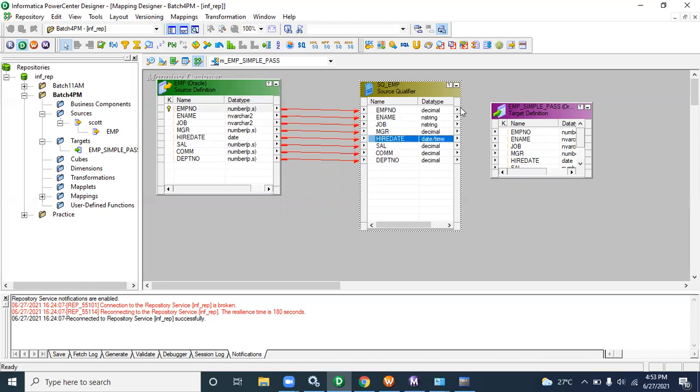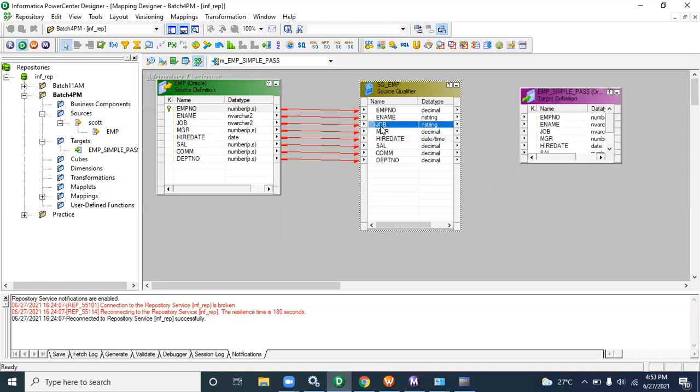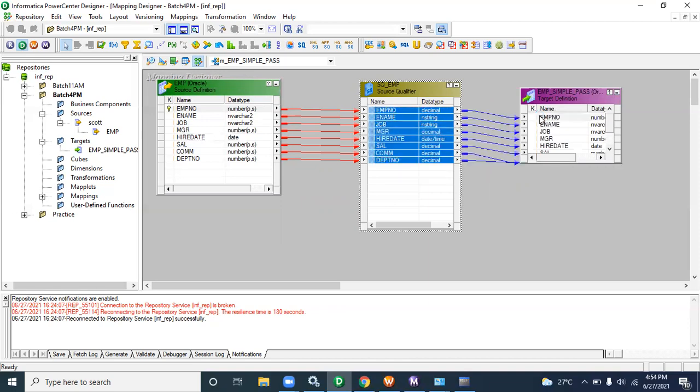those kinds of data. So for that reason, Informatica Corporation has given an object, and that object's name is source qualifier, which is responsible for changing the source data type to the Informatica data type. Everyone clear? Yes. So you can just select the source qualifier, select all, drag and drop to the target. That's it, that is all about an Informatica mapping.